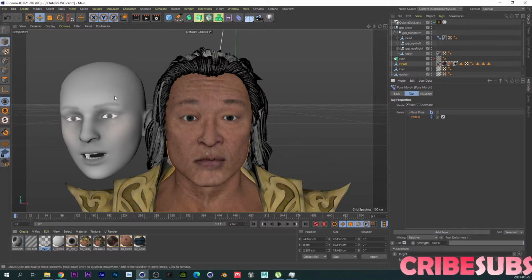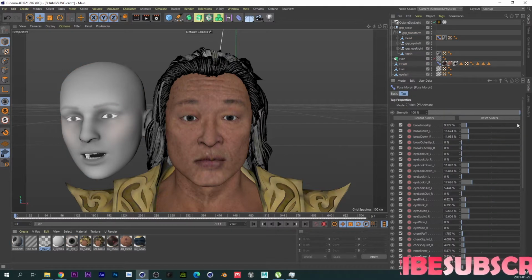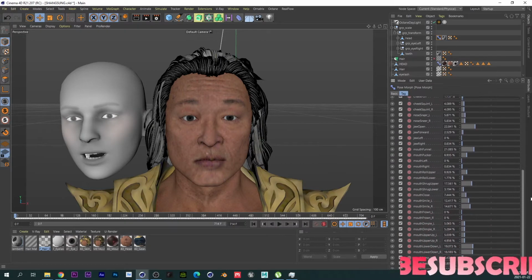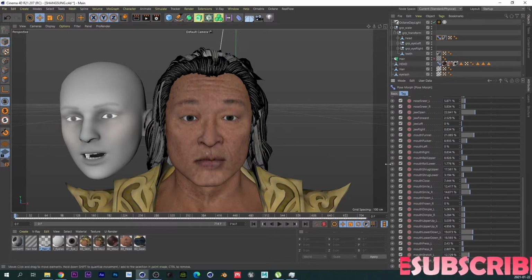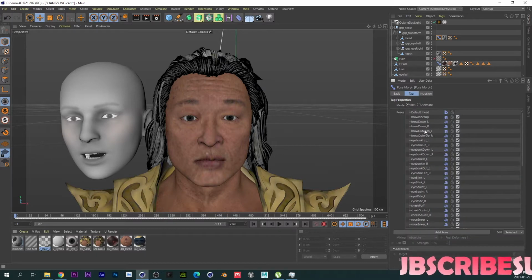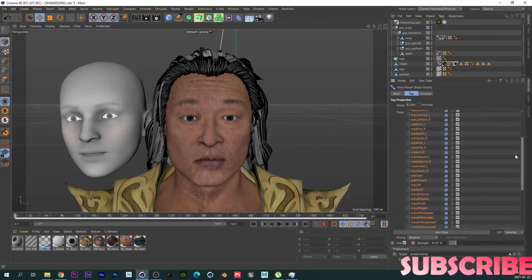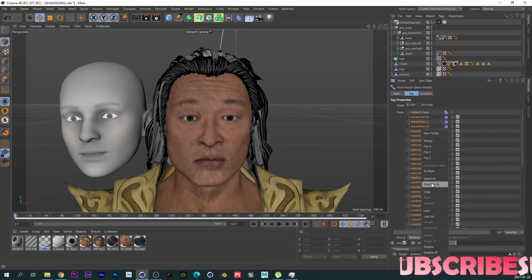Now I'm going to go to my mocap data and click on the Pose Morph. You can see all these blend shapes. This is what we really have to create in order to get our character animated. So I'm going to press the first one, brow interrupt. You don't really have to copy the default head because that's the base pose. Then I'm going to hold down Shift and click on the tongue, so that we can actually just copy